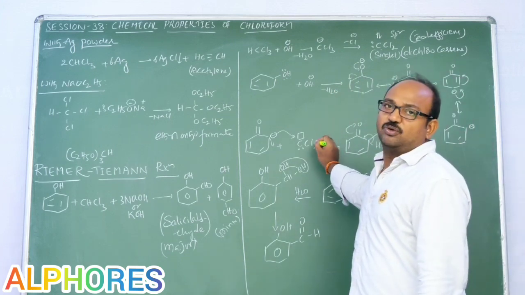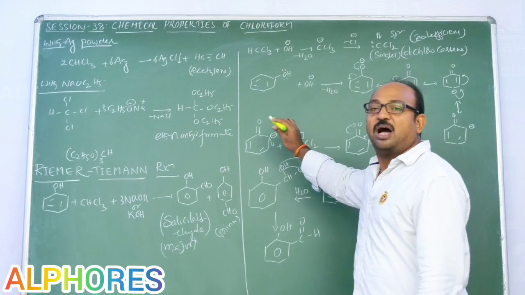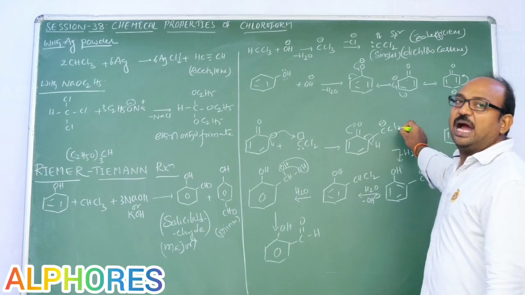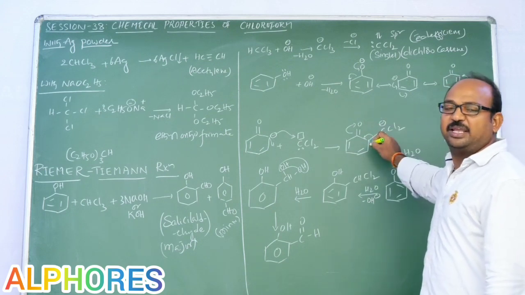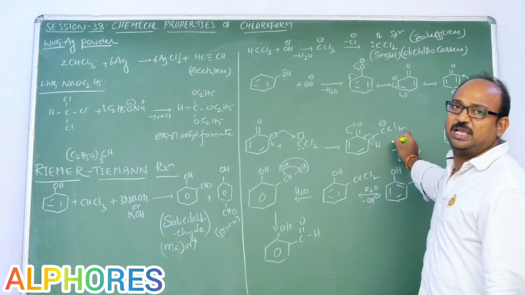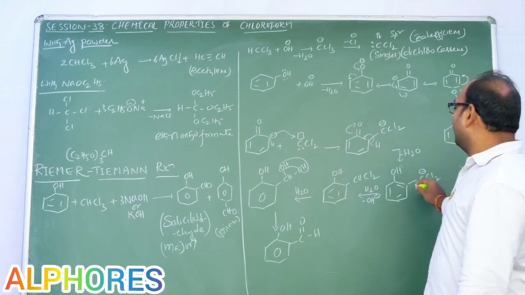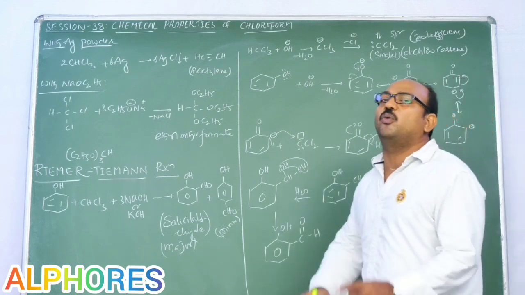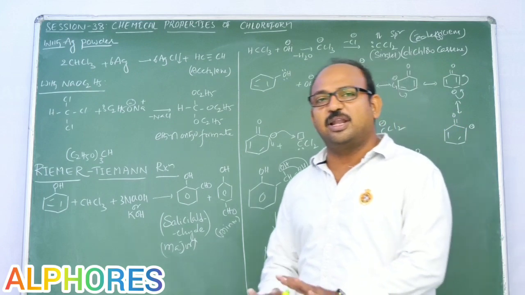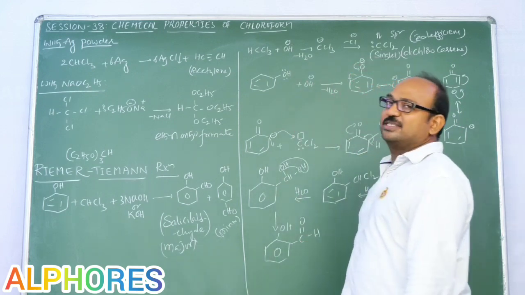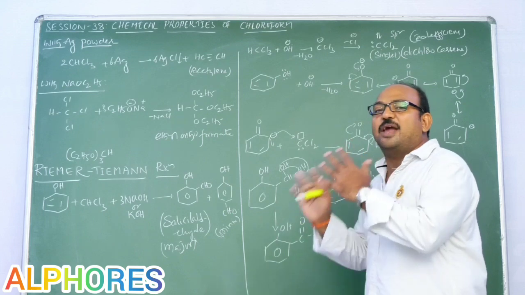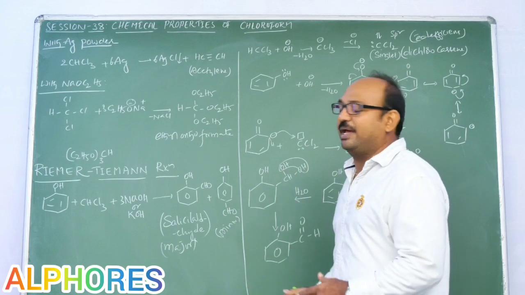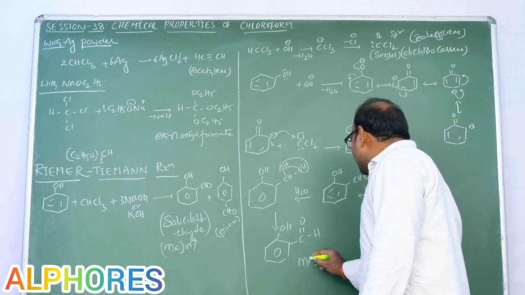Now CCl2, the neutral dichlorocarbene, comes and attacks the ortho position, and you get a newly formed bond here, with CCl2 minus, and the ring retains its aromaticity. In order to regain aromaticity, it loses H plus, and that H plus goes here. Upon hydrolysis, the CCl2 group is replaced by 2 OH, but no one carbon can hold 2 OH groups, so it immediately loses water and you get ortho-hydroxybenzaldehyde. Now the question is, why is ortho-hydroxybenzaldehyde major and para-hydroxybenzaldehyde minor?